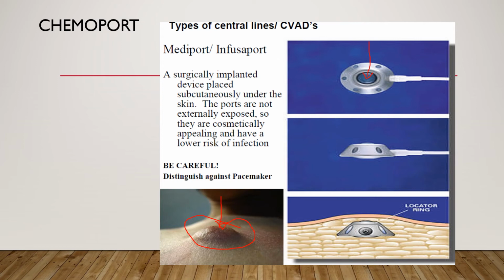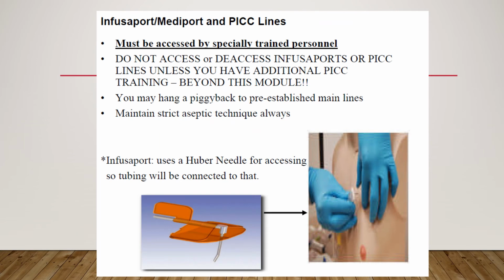And we need a special type of needle. We need this type of needle, Infusaport, Mediport, which is a non-coring line, a hollow line. So we insert this line here at the center of that, the yellow mark, the blue mark that we saw in the previous slide. Again, to access these chemoports, we need some extra training. So usually the staff working in the chemotherapy centers are more accustomed, they are more used to it because they do it on a regular basis. Usually this is not used that much in an intensive care unit because if the child gets really sick, you need a proper triple lumen line so that you can give a lot of medications together.